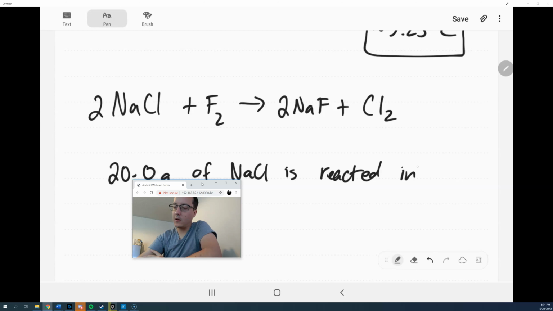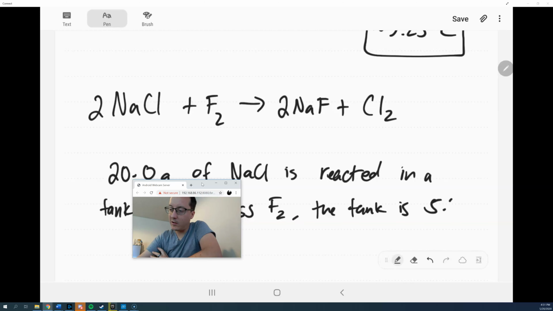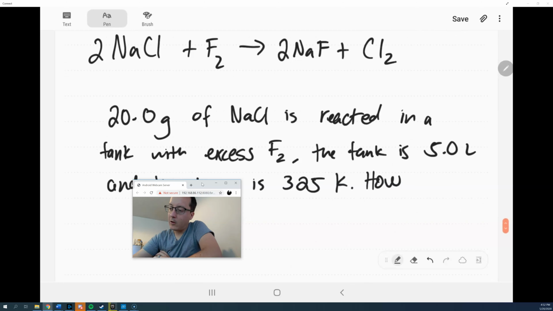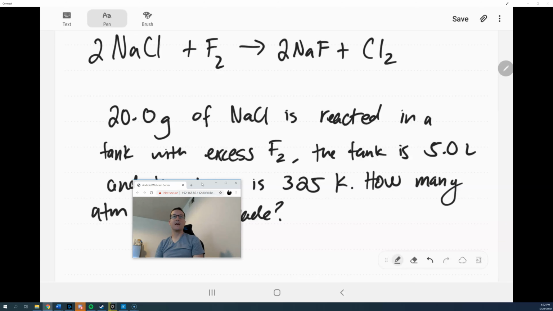Reacted in a tank with excess fluorine. The tank is 5 liters and the temperature is 325 Kelvin. How many atmospheres